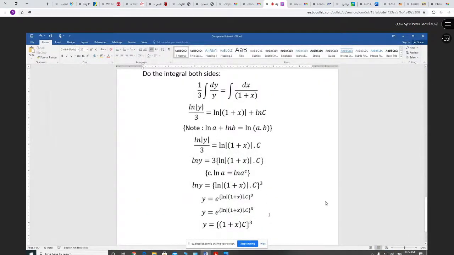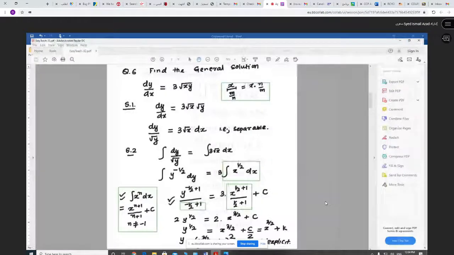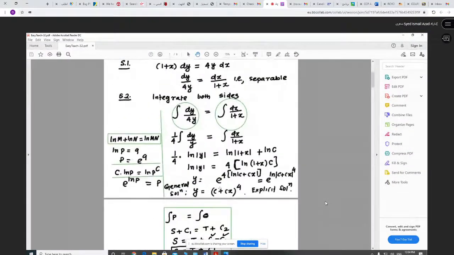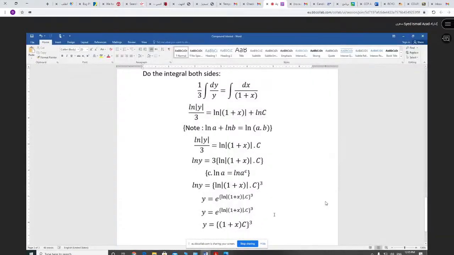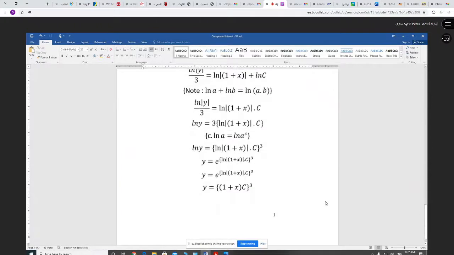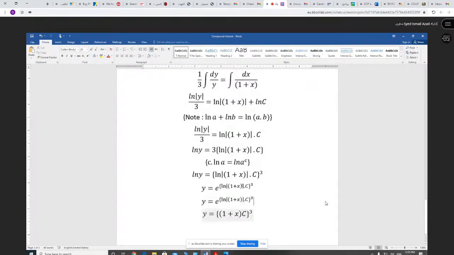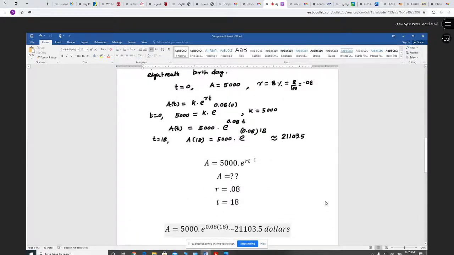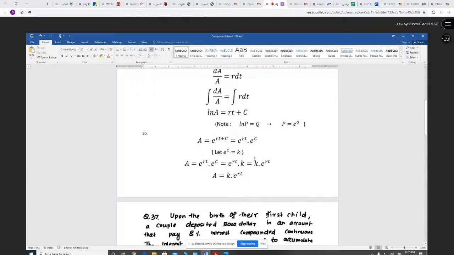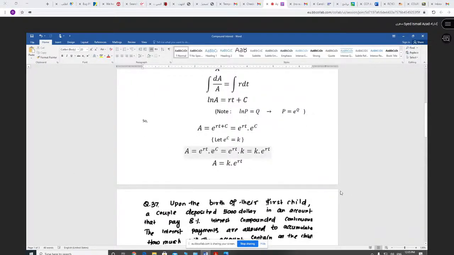I understand that, doctor, but when we used to do it with Dr. Sayed, when we finished the solution, we switched the C into K. No, Mr. Abdullah. We switch C into K when we have two variables or two numbers, like more than one, C1 and C2 constants. You don't write C1 and C2, you write K as a multiplication of C1 and C2, or plus or minus or anything. Let me clear your K doubt. K represents two different numbers. If there is only one, no need to convert. C will be